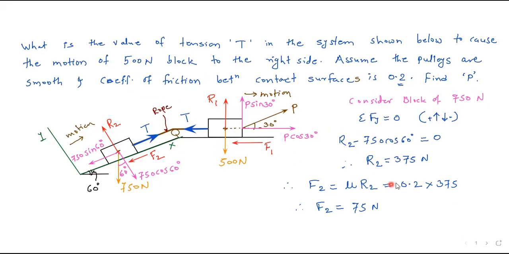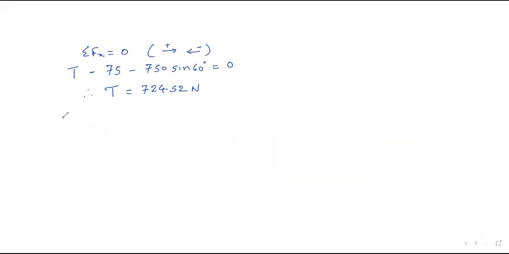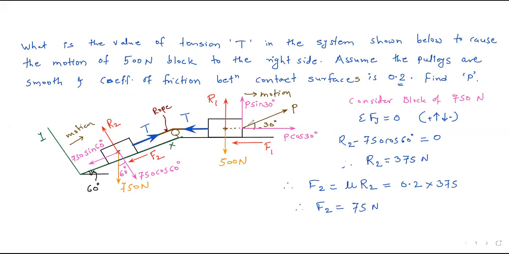Okay, now I will write here, consider 500 Newton block. Okay, now consider 500 Newton block. Okay, so now if I consider the 500 Newton block here, now you can see if I apply summation Fx equal to 0 first,